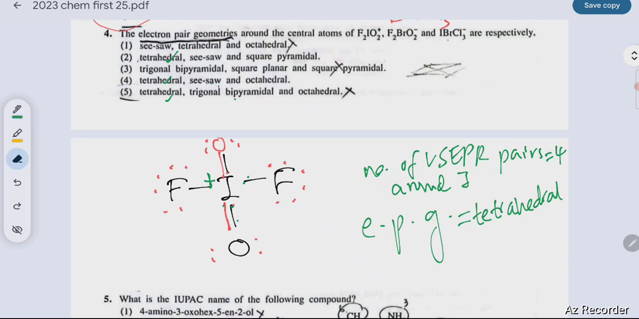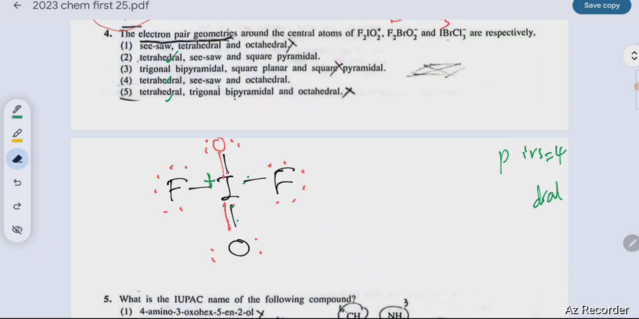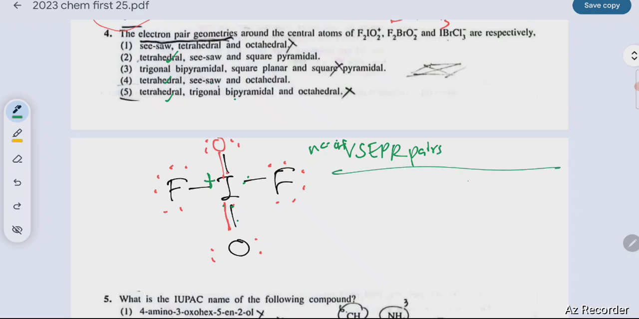Now before going for the other Lewis structures, when we see the answers of these, you all can get the answer even now. Why? Because you all know that seesaw is a shape. It is not an electron pair geometry. Here also seesaw is a shape and square pyramidal is also a shape. Right? Because the electron pair geometries are these. Number of VSEPR pairs, and if we get the electron pair geometry,